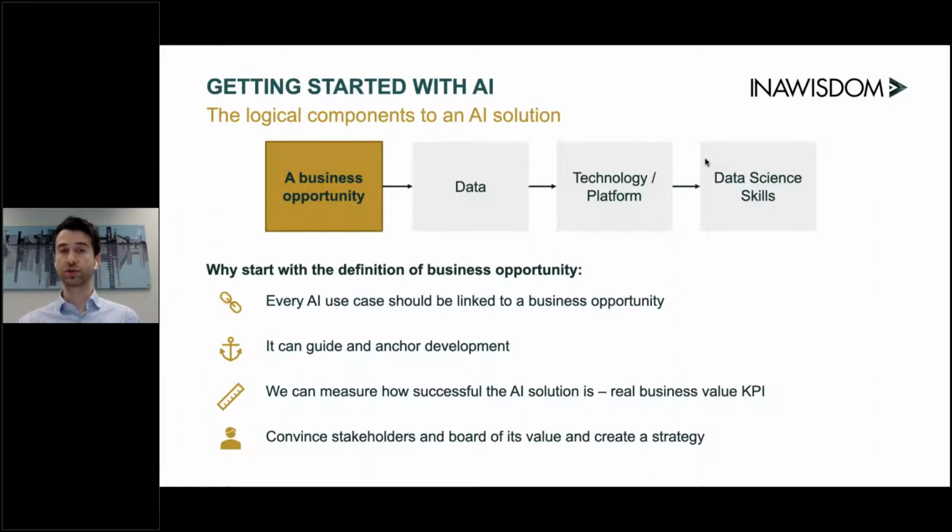Also, knowing what you're trying to do helps you create a successful metric for the AI solution. So once I've created my solution, can I measure how well it performs? And what does that really mean for the organization? So if you know what you're doing, then you can create some amazing KPIs linked to the business to measure it. And that gives you immediately a business case that you can take in front of your stakeholders, and if it works well, then you say, well, I can get that much value, the investment is this much, it's a no-brainer, let's do it.